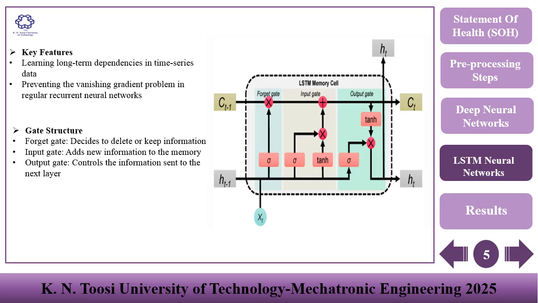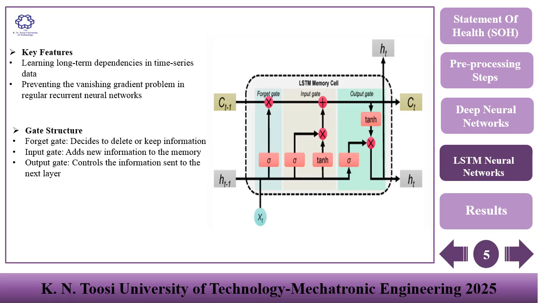Next, the input gate decides what new information is valuable enough to be stored in the long-term memory. It works in tandem with the candidate cell state to update the memory. For a battery, this could be the crucial moment it identifies a persistent sudden drop in voltage that signifies the start of degradation.